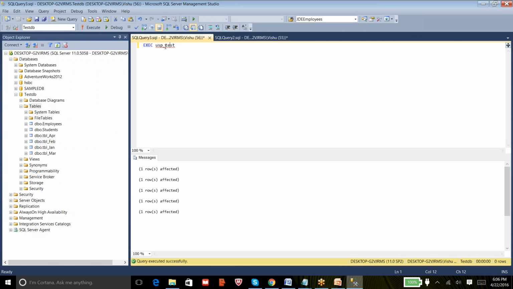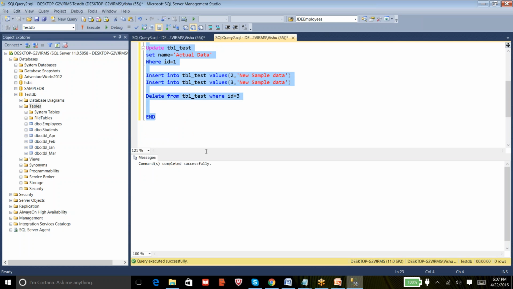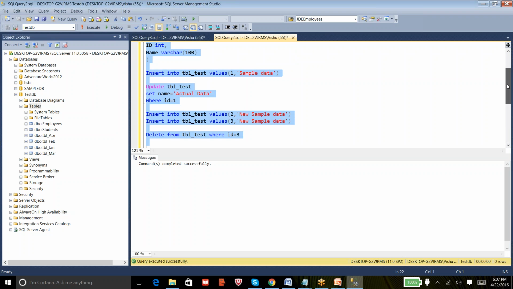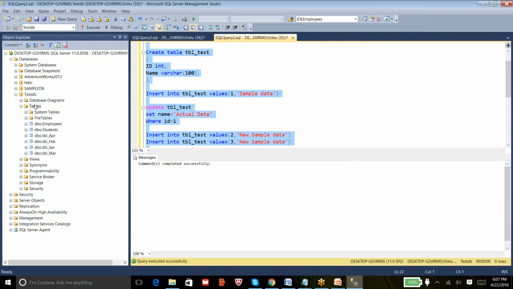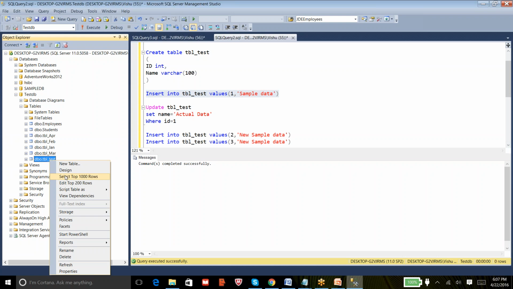What it does is it's going to execute all these queries inside the stored procedure. So all these operations will happen. Let me show you. The first thing, the table creation. You can see the table got created. So the first statement is executed, and next we have inserted data called sample inside this table. So you can do a select command.